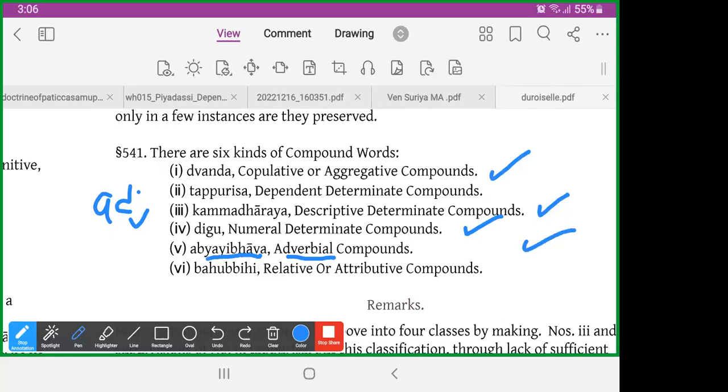So today we are going through the number 2, Tappurisa. The Pali is actually an interesting word, Tappurisa. And then the English is dependent determinative compounds. You don't need to worry about the English because nobody will remember it, because as a translator, they will translate in different ways. So the best thing is just to remember the Pali, Tappurisa, right? So we will go through it. Tappurisa, you will see as I send you the notes.